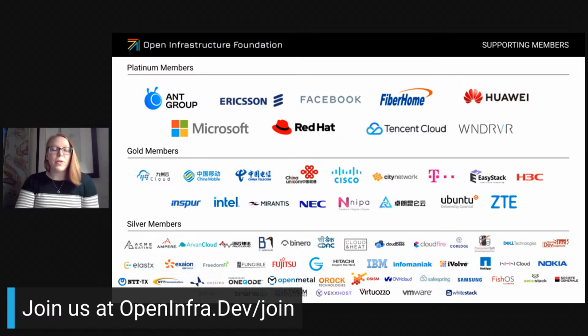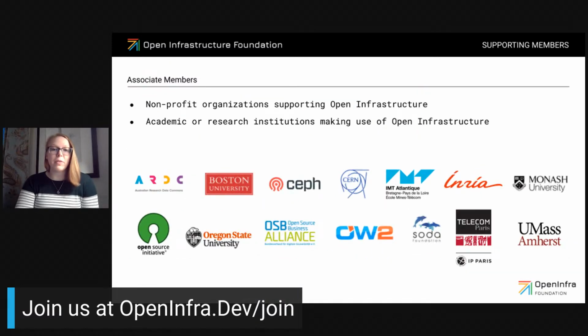Quick bit of history background for this. Last year, the OpenInfra Foundation announced an associate category of membership for foundation members to recognize and collaborate more closely with academic and public research institutions and nonprofit organizations that use, build, or sustain open infrastructure. So all of the organizations joining today are associate members, aside from Stack HPC, which is a silver member, like I mentioned.